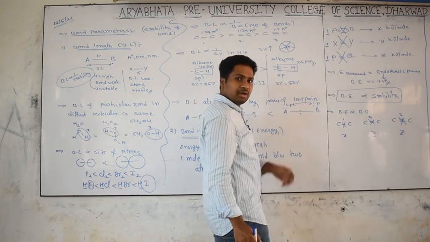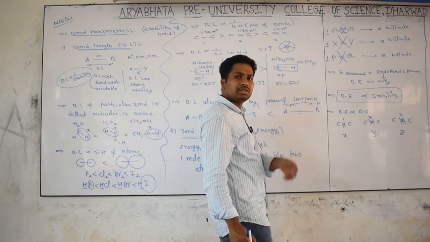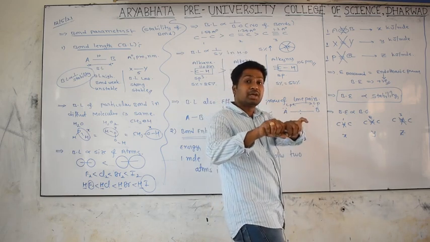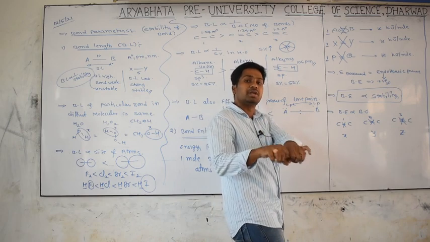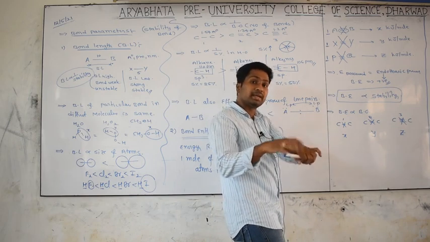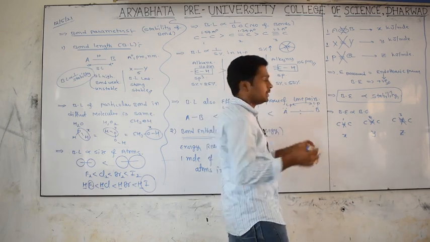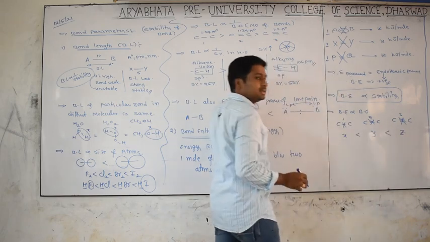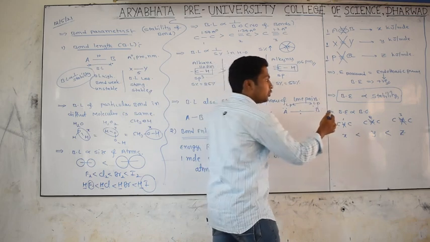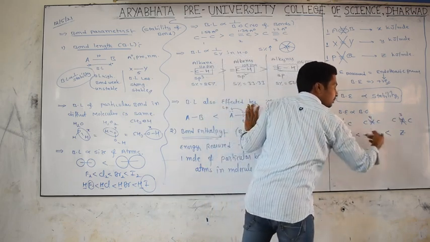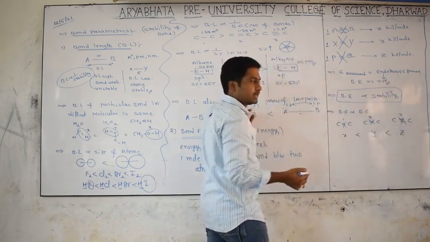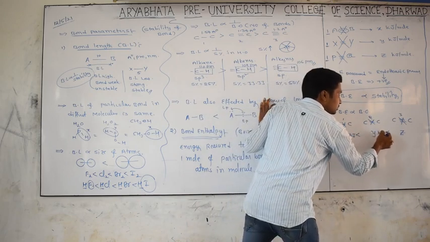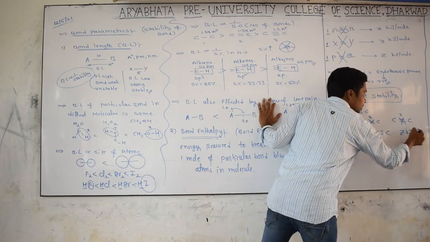Now all are the same, no? To break one bond, the required energy will be very less. Just take one stick, you break it very easily. You take 2 sticks, you require more energy. You take 3 sticks, the required energy will be still higher. That's why x is less than y, less than z. As the bond order goes on increasing, bond energy also goes on increasing. These are kilojoules per mole.